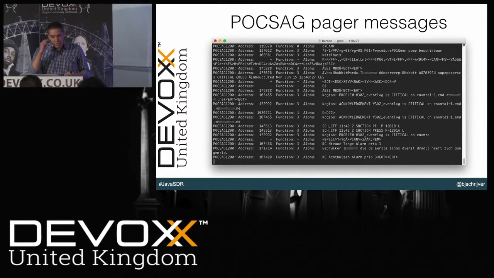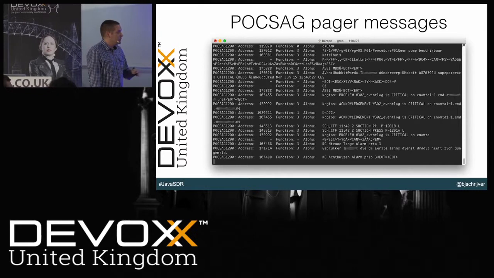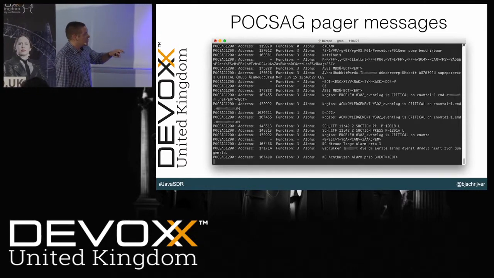So what you're seeing here is all kinds of messages. I picked up 4 pagers, and you can see all kinds of Nagios and critical alerts in there. These things work pretty simply. Each message has a unique ID, and usually a pager only picks up the messages with its unique ID. But there's no way to block this, since you can just skip looking at the ID and look at all the messages.